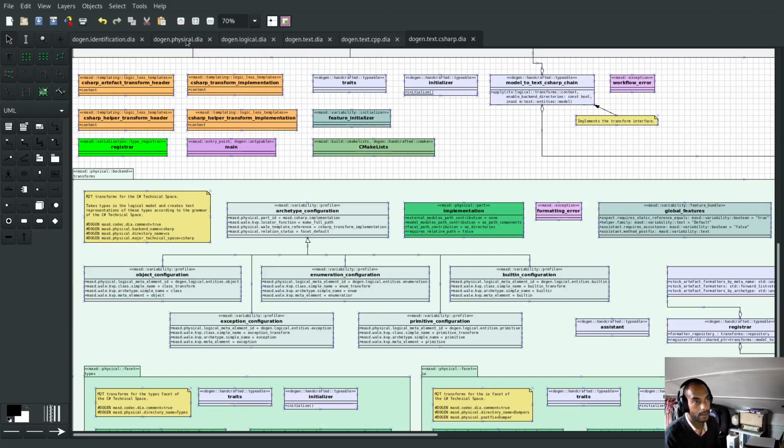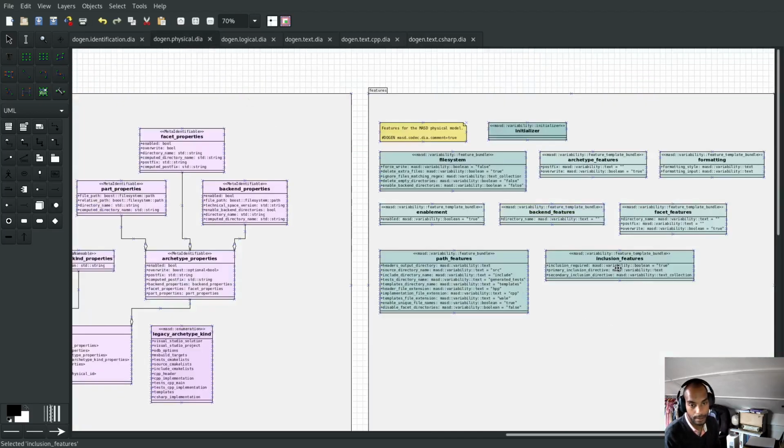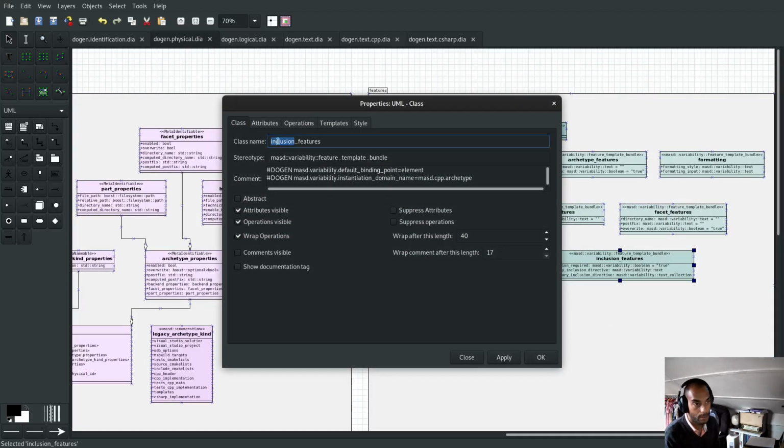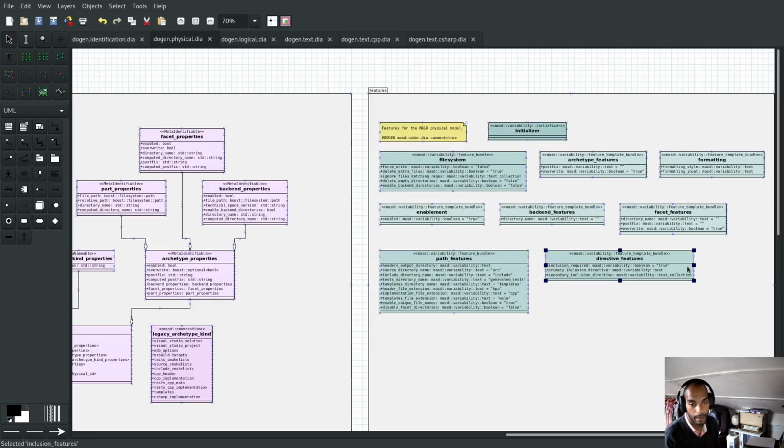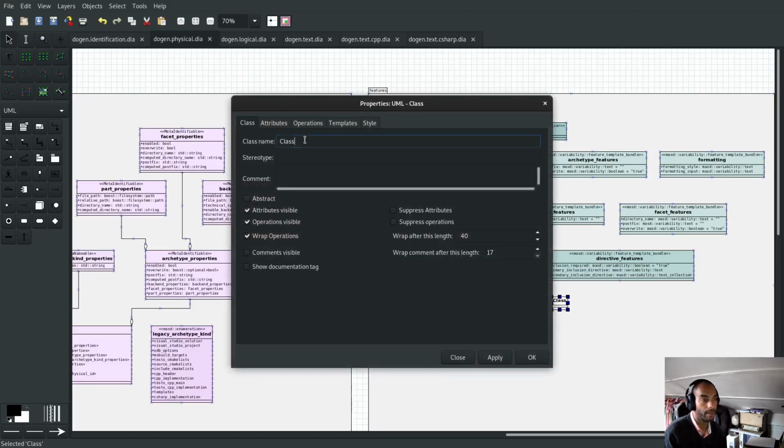So let's just go back to physical again and say, let's call these directive features, and I think that will be fine. And then here let's create another one, which we call the inclusion. I mean, clearly this is all becoming a bit messy, but the key thing, and I'm sure that you may be thinking,